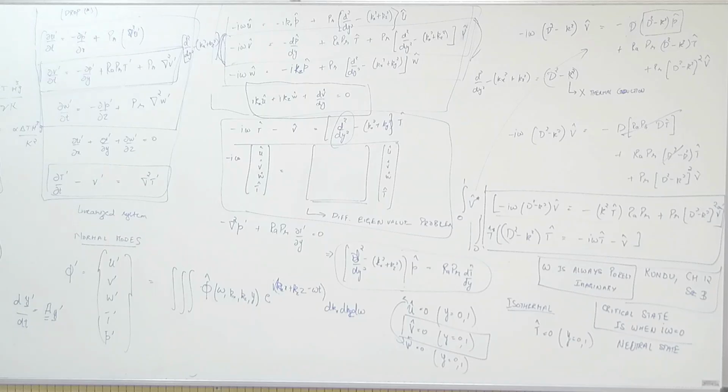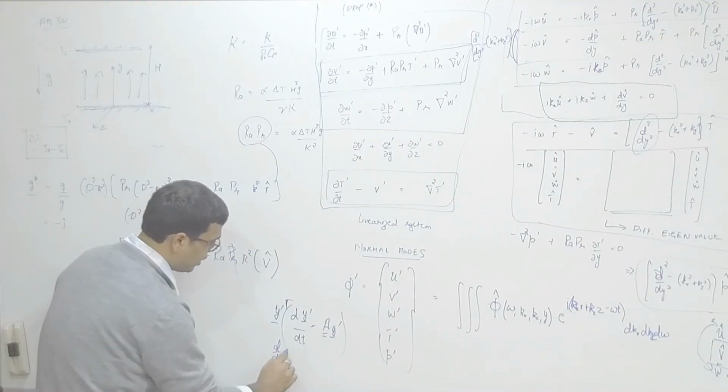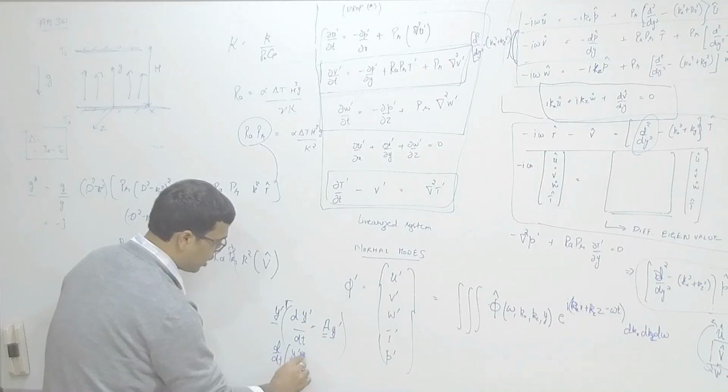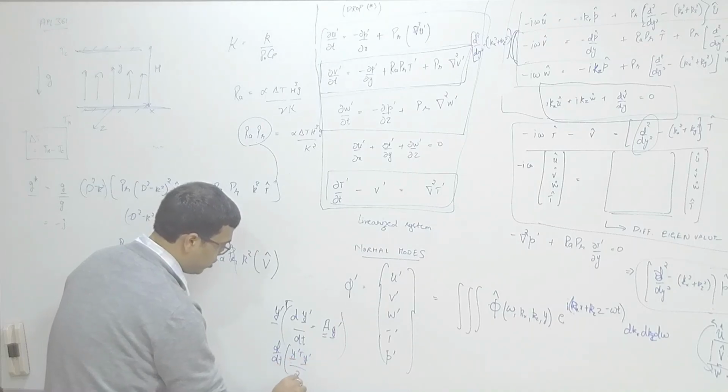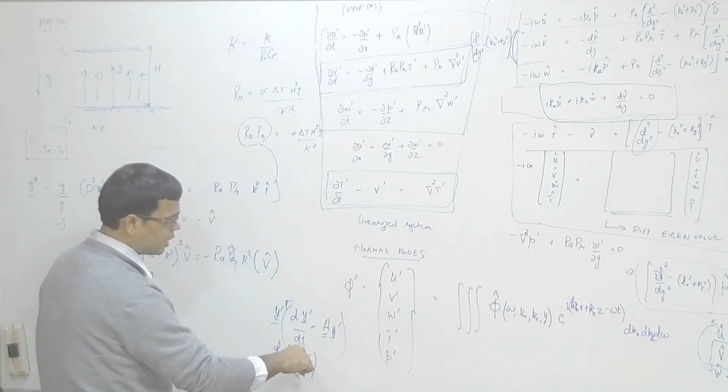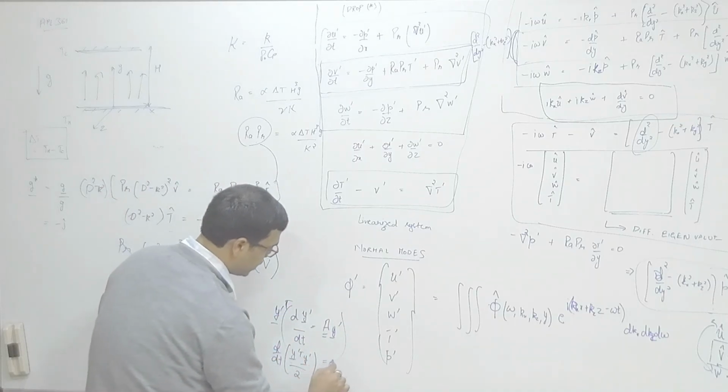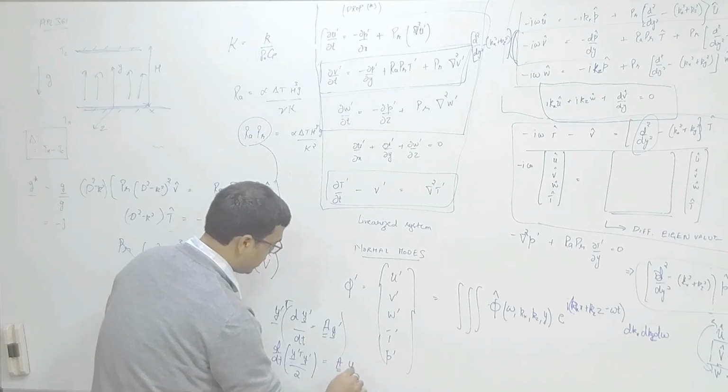What you can do is multiply the system with y prime. Since these are tuples, I'll make a transpose here, and you can write this as d by dt of y transpose y by 2, because you can add the transpose of this equation and get this, and you will have something like